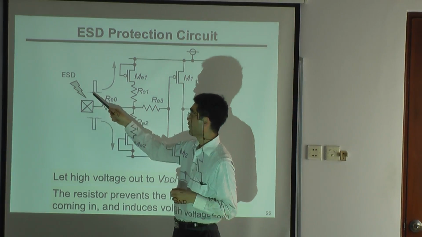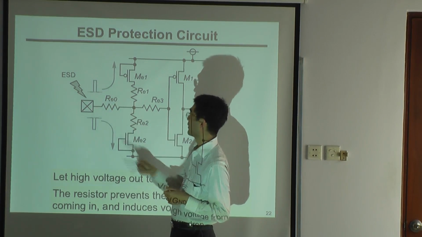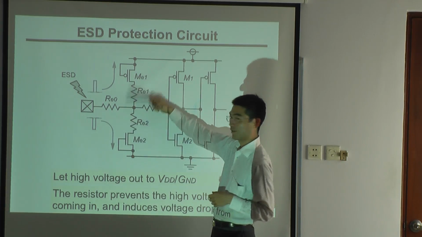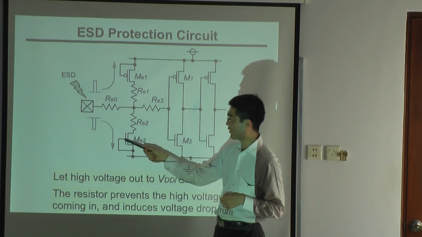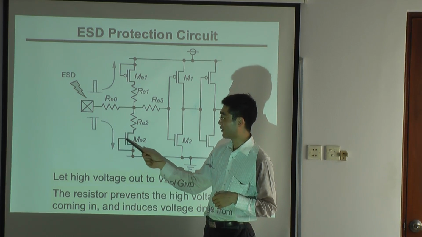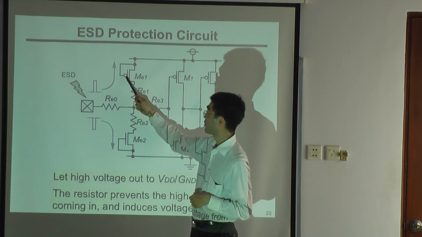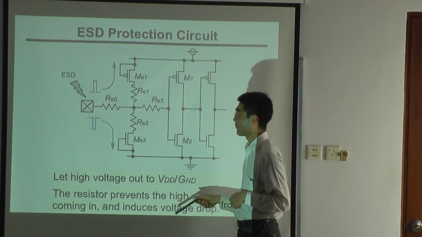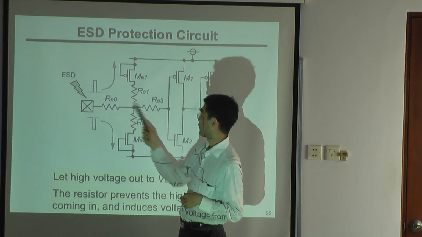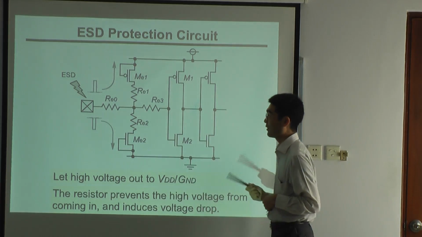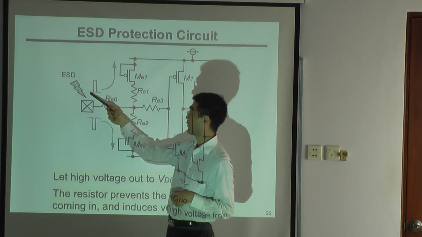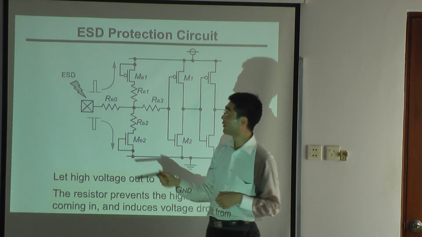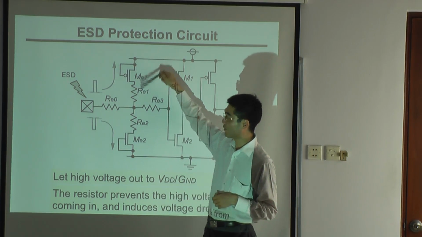The basic idea is, we put off transistors. So when the NMOS gate is grounded, this is off. Then the PMOS gate is at VDD, so it is off. And we have a resistance like this. So in this case, let's say we have a very high voltage inside. Let's say VDD is 1 volt and this is